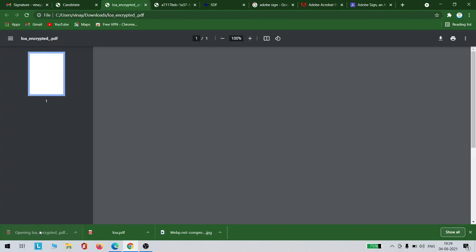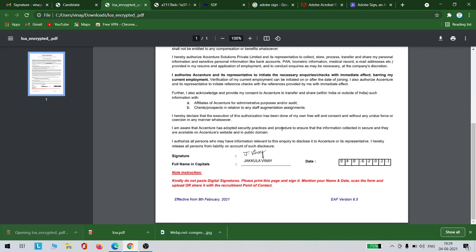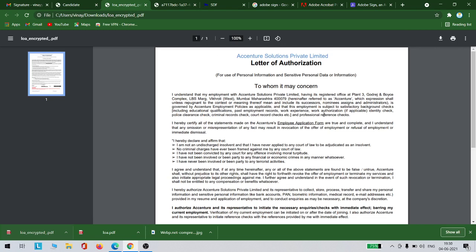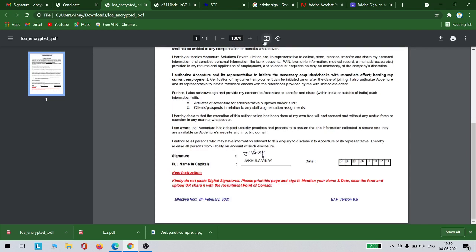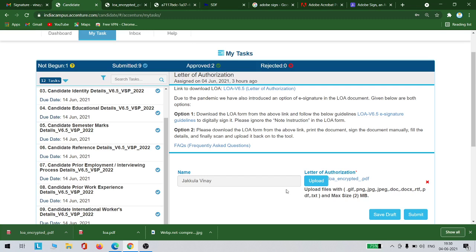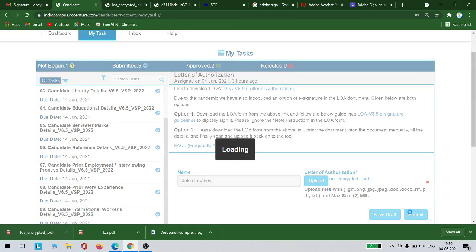I will show you how it looks after uploading: Jakkula Vinay, full name in capital letters, 0406 2021 is the date today. So this is how I signed electronically. This is what we call e-sign using Adobe. Finally, after you upload here and provide your name, click the submit button. That is how simply you complete the upload steps.